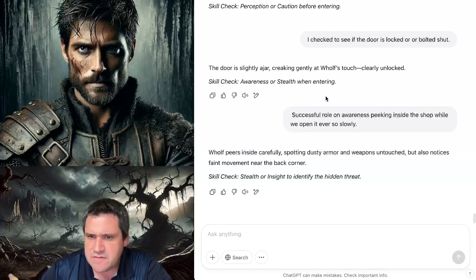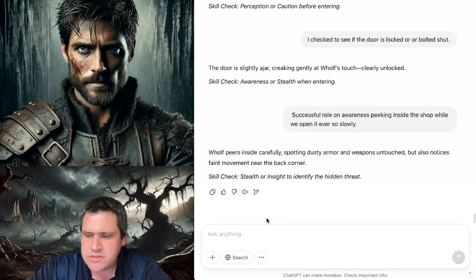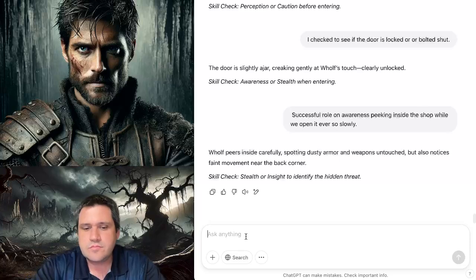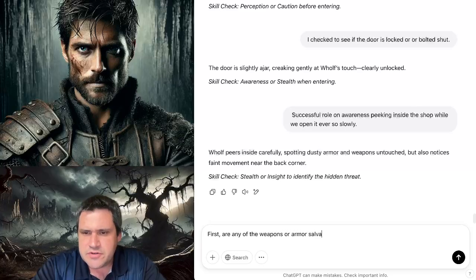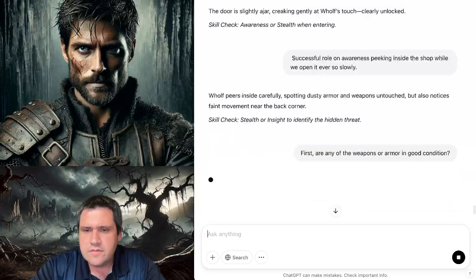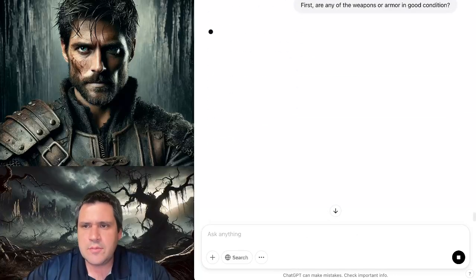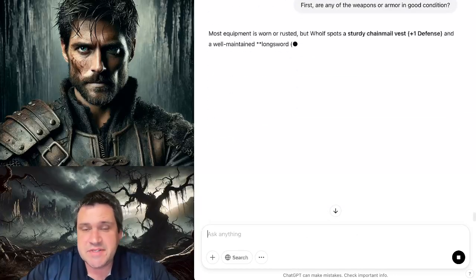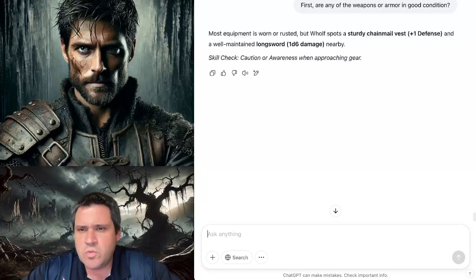Are the conditions of these weapons and armor still salvageable? Or are they rusty, old, decrepit, etc.? First, are any of the weapons or armor in good condition? I forgot I could actually just use my speech to text. The answer: most equipment is worn or rusted, but Wolf